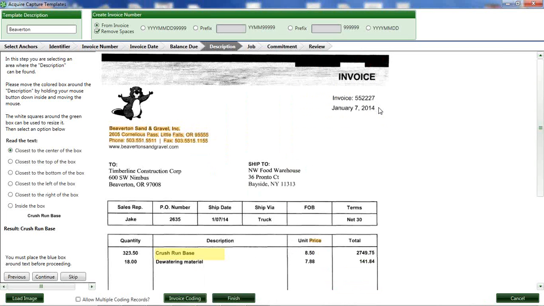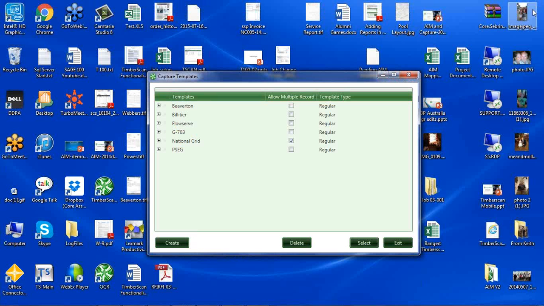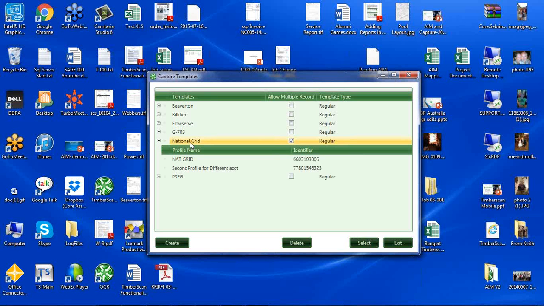So that's basically a brief, quick overview of the templates and how you go through and set up the templates. Now, what I'll also mention, especially for property management, is that you might have scenarios where you get, for example, multiple invoices from a utility vendor because they're charging different properties or units. So in that case, what you can do is you can just set up one template, but you